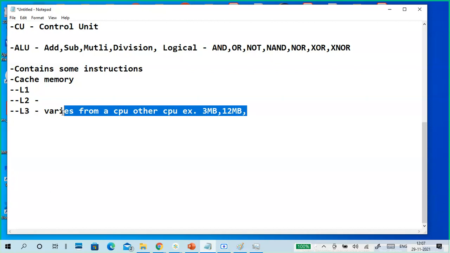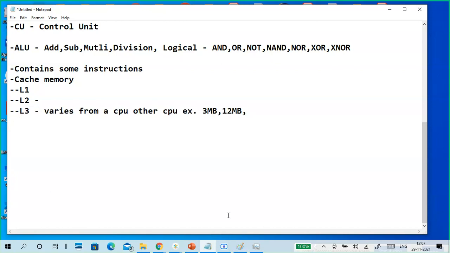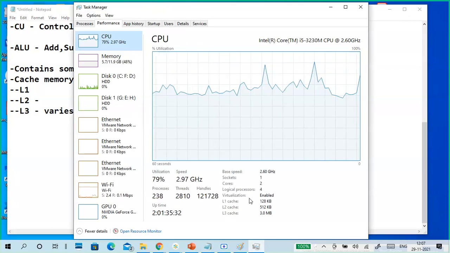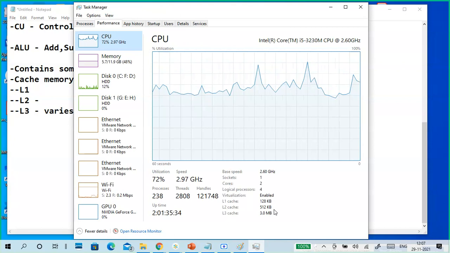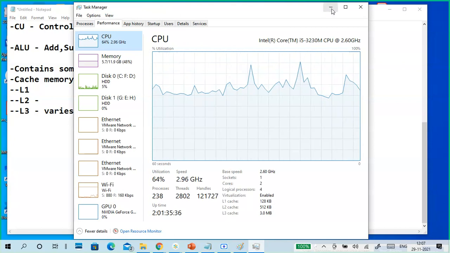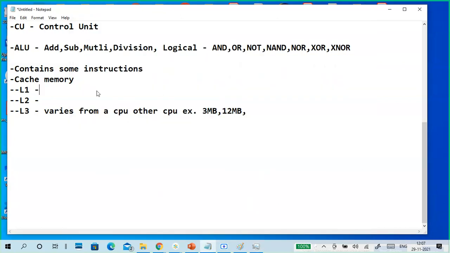Okay, so it varies from one processor to another processor. Currently my processor has 3 MB, depending upon which processor you purchase. On the other hand, L1 and L2 cache is mostly standard. There's not much difference from one processor to another, but mostly they are the same